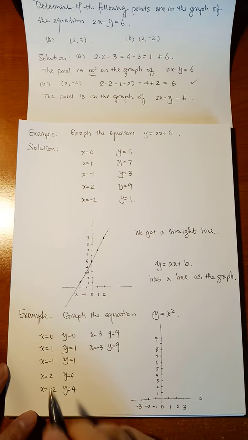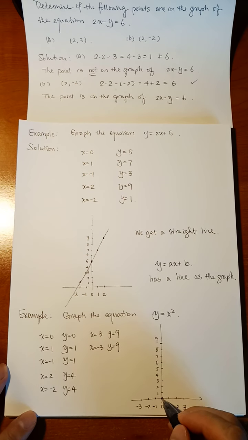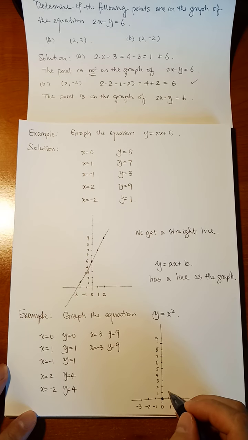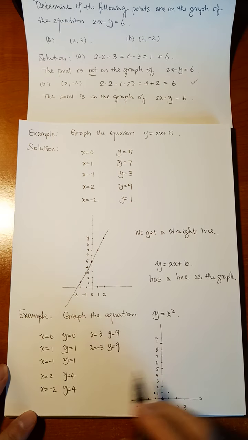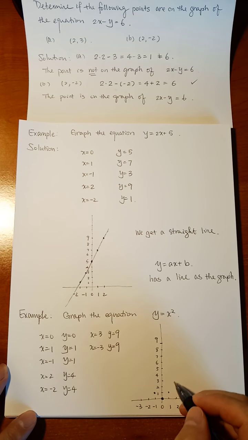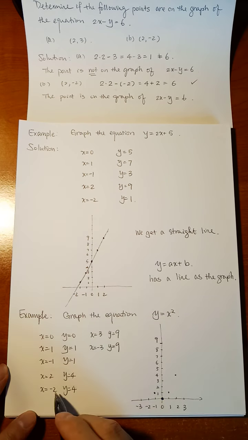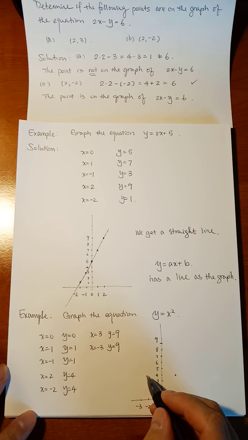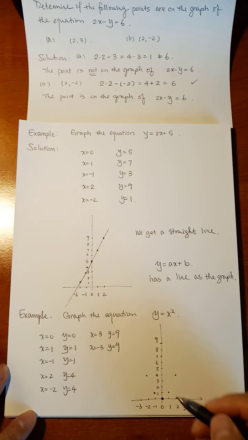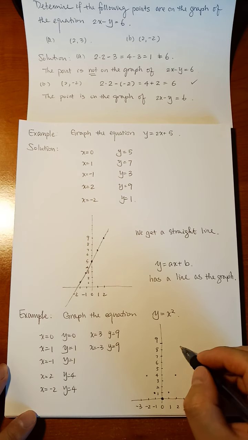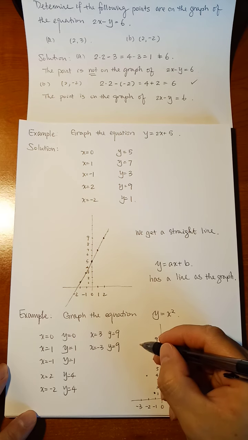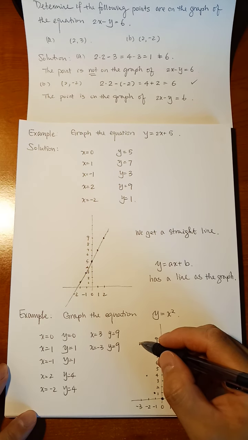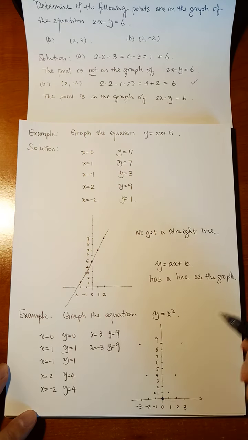Okay, so x is 0, y is 0. X is 1, y is 1 here. X is negative 1, y is 1, this point. It's like you have a mirror. X is 2, y is 4 here. X is negative 2, y is 4 here. It's always balanced. X is 3, y is 9, so it's here. X is negative 3, y is still 9. So if you try to sketch it, let me use a